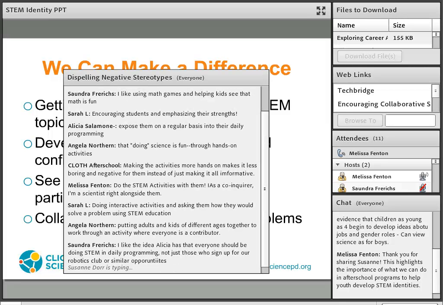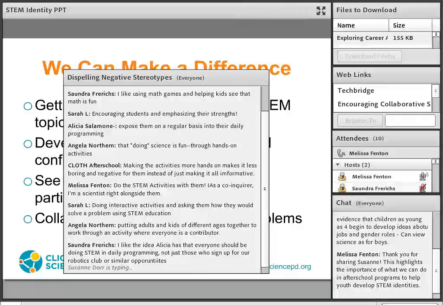So we have a lot of great ideas being shared, so keep sharing those in the chat pods while I discuss some of the ideas that we had shared here. We have a couple of themes: that adults and youth can work together to solve the problem or to answer the question as co-inquirers. If you're the adult in the group, then you are showing them that you do science too, or you do engineering too. And I think that's important, especially if you relate well to the youth in your programs, that they see you as someone who does STEM.